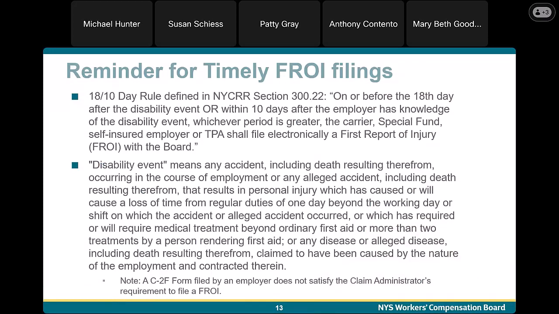So now we're going to be going over the next part of the agenda of our presentation, a reminder for timely FROI filings. So I'm going to go ahead and read these to you, but please keep this in the back of your mind as a friendly reminder. So there's an 18/10-day rule, which is defined in the New York Codes, Rules, and Regulations, Section 300.22, that on or before the